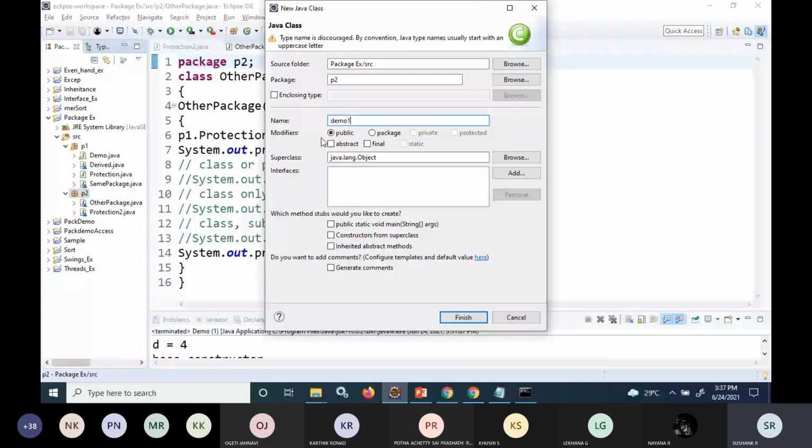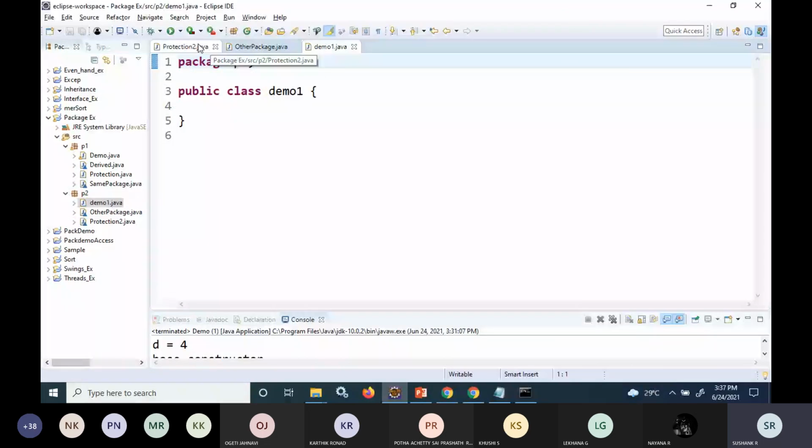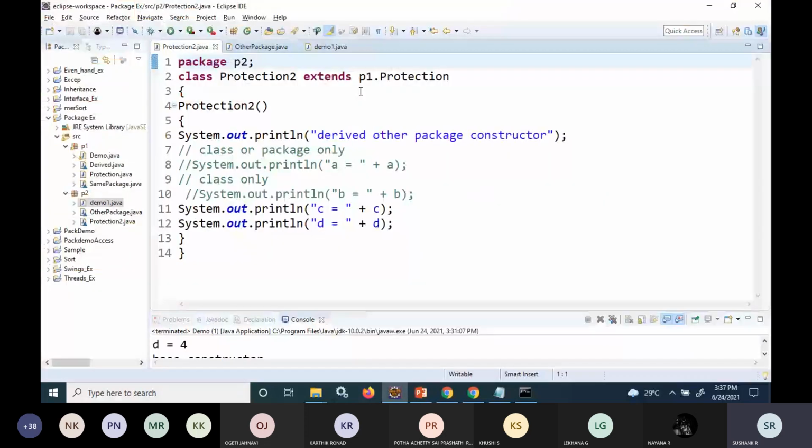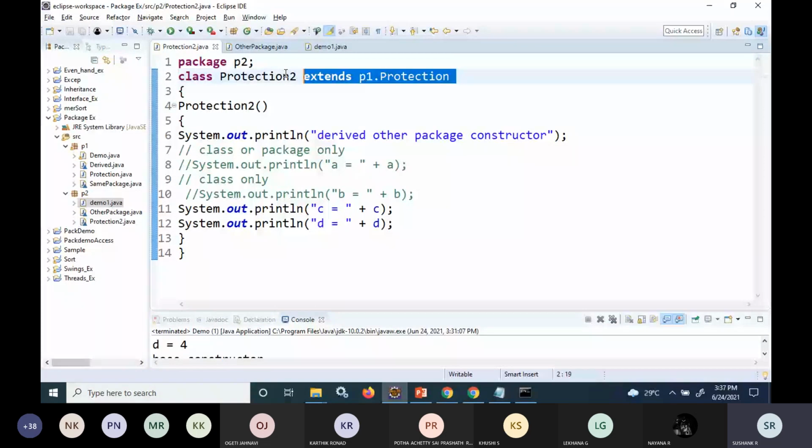See, from the other package, different package subclass. Here I am having an inheritance relationship with the protection class. I'm making this class a subclass of protection class.